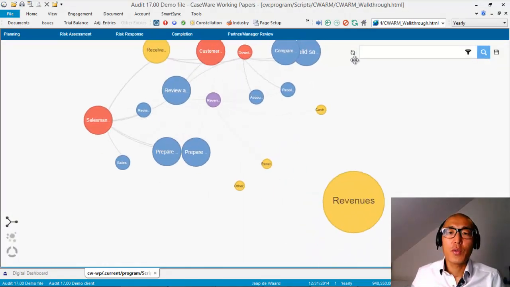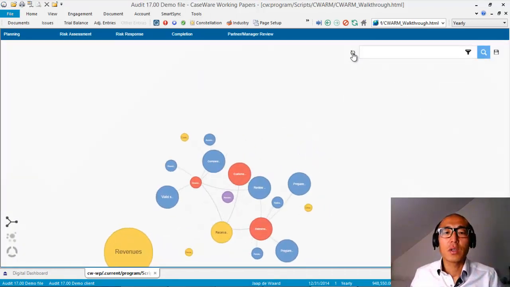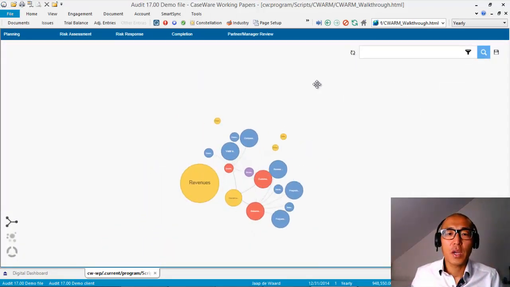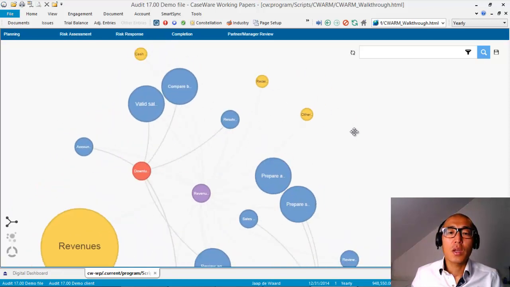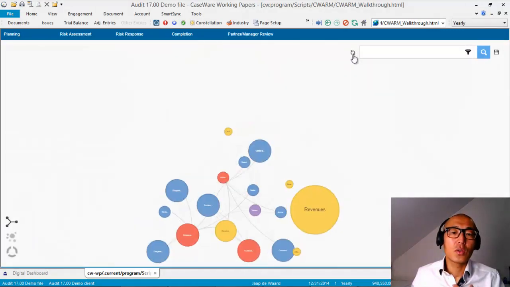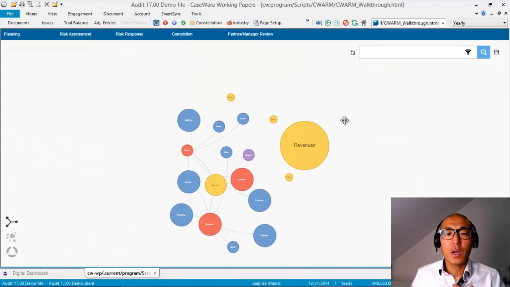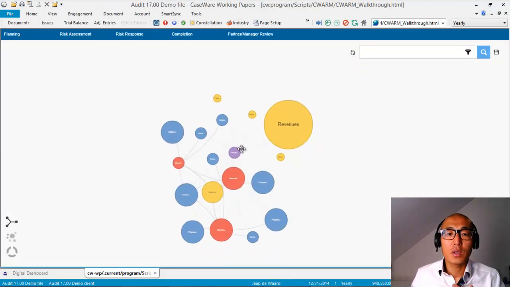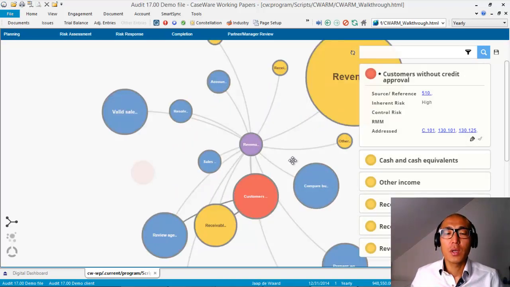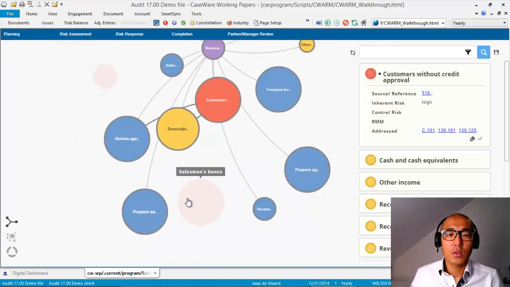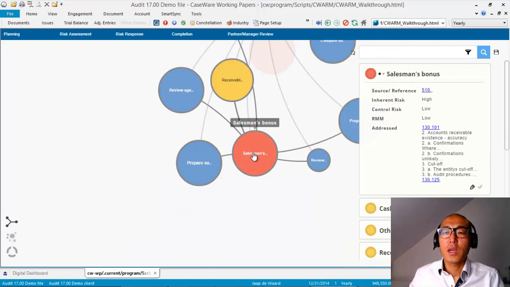I'm just refreshing it to make sure everything is shown at the proper size here. And now I could go into a bit more detail. Let's say I want to look at a risk here. No, that's not the one that we used here. My salesman's bonus risk. I can click that, and it would now show cards here at the right hand side